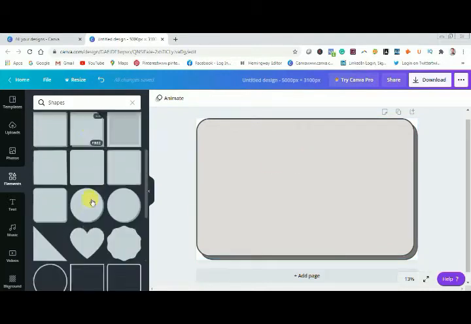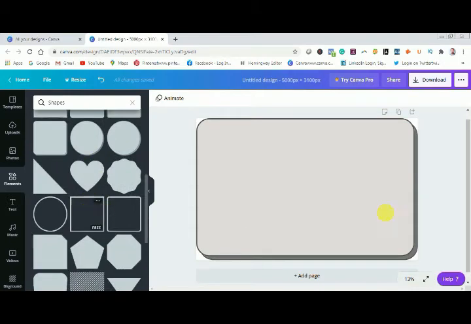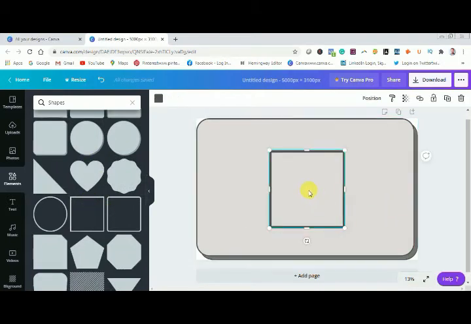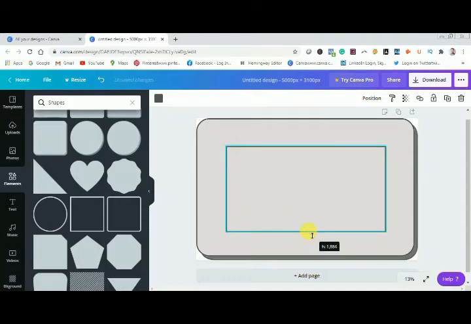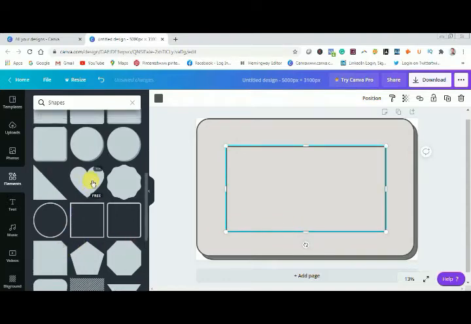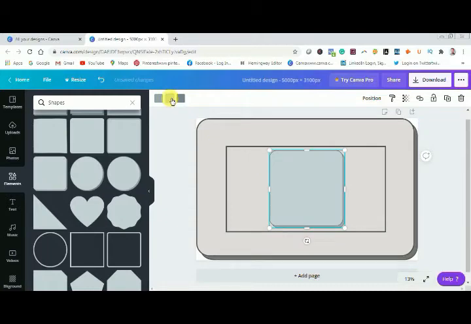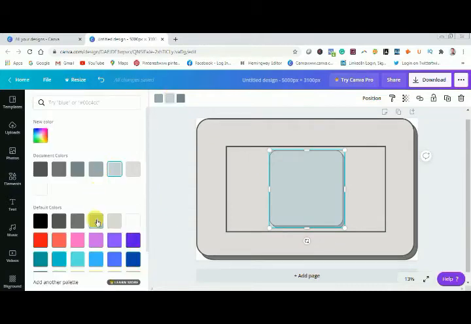I will scroll down a bit and select here a hollow rectangle. I will change its width, I will reduce its width, I will drag and rearrange it into what best suits here in the rectangle. Okay, so this one is perfect. Again I will select small type of squares. I will change color from the upper portion and this I will make dark. Okay, now this is fine, so I will reduce its size.